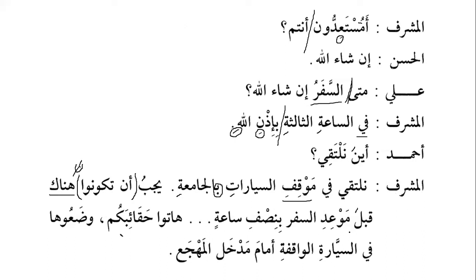Now we know that qabla is used as the original dharf, and maw'id is the derived dharf. Maw'id, it is on the pattern of maf'il, right? Maf'il. And why it is on the pattern of maf'il? Because it is from bab, or it is from al-mithal. In wa'ada ya'idu, so that's why it is maw'id. And here it is used for time or place? Time. Why? Because the time is mentioned here. Binisfi sa'atin, half an hour. So that's why we know that it is used for time.